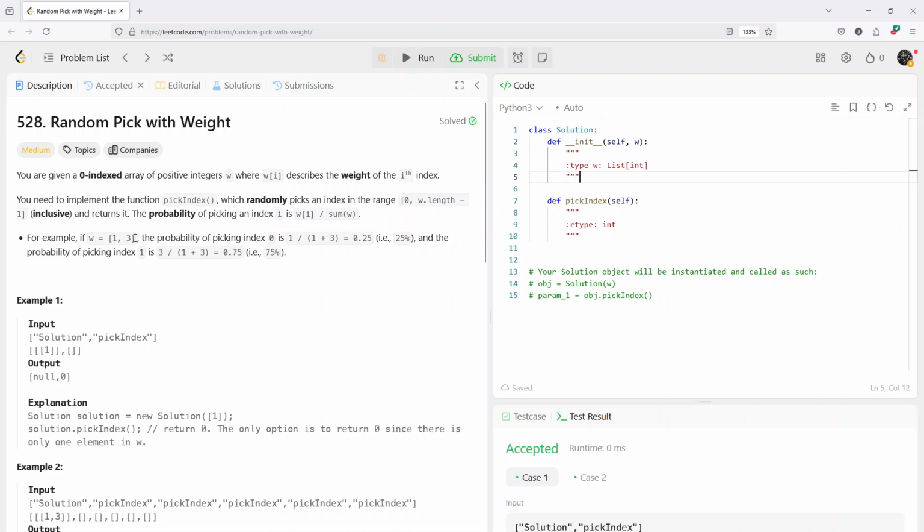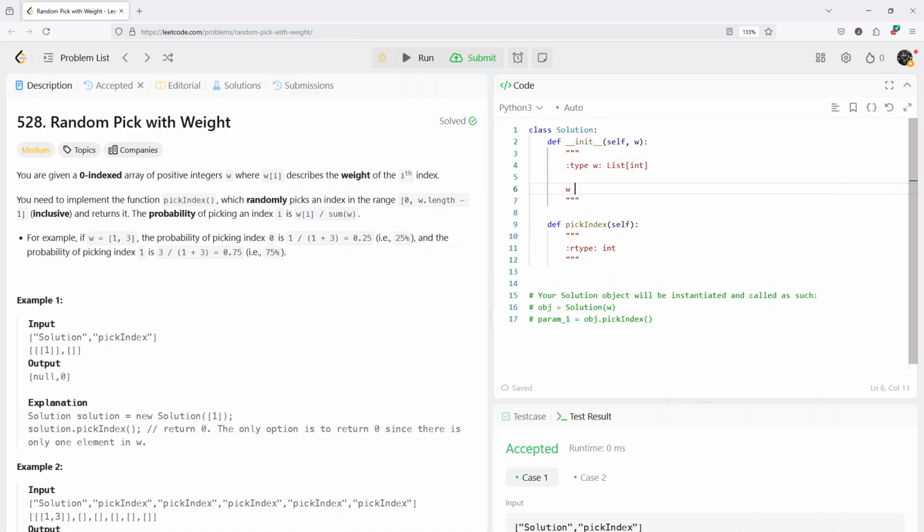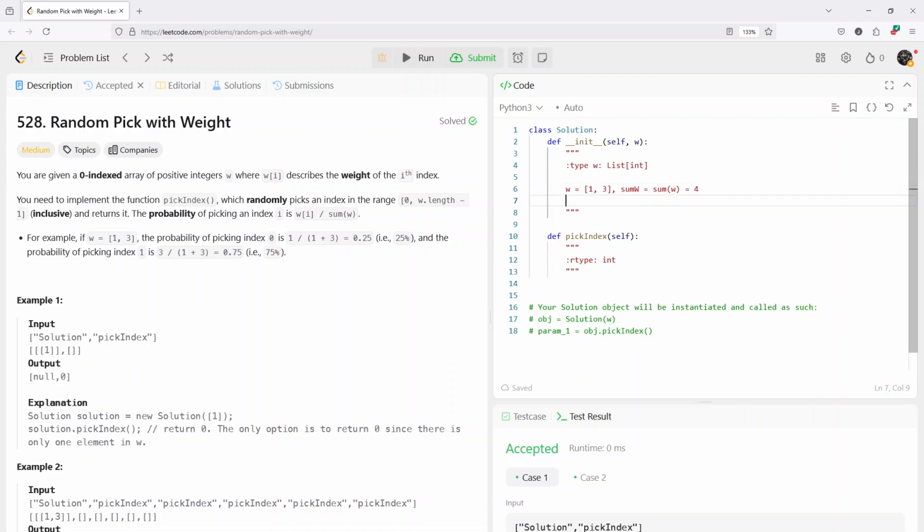So if w equals [1, 3], the probability of picking index 0 is 1 divided by 1 plus 3, which is 0.25, 25%. And the probability of picking index 1 is 3 divided by 4, which is 75%. Okay, so we're given w, it's 1 and 3, and we've got the sum of w, and this is 4. So then w divided by sum of w,